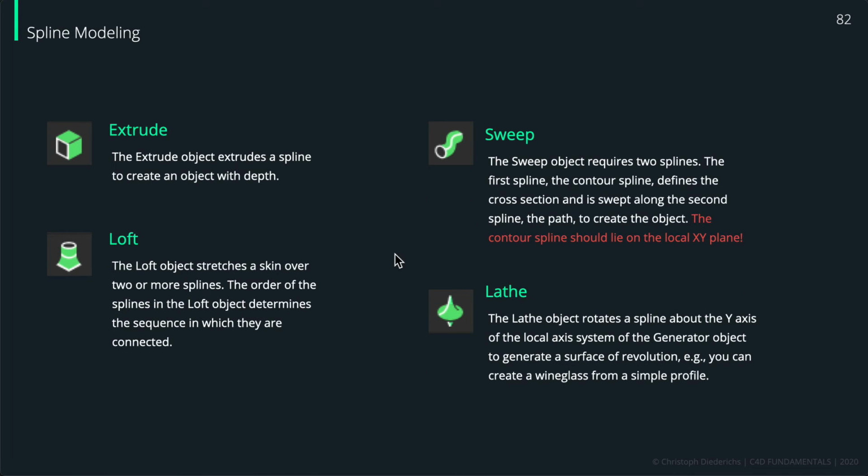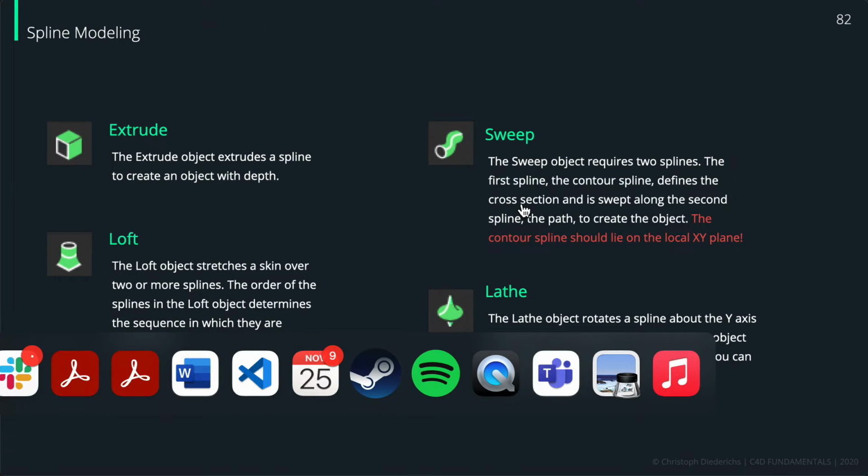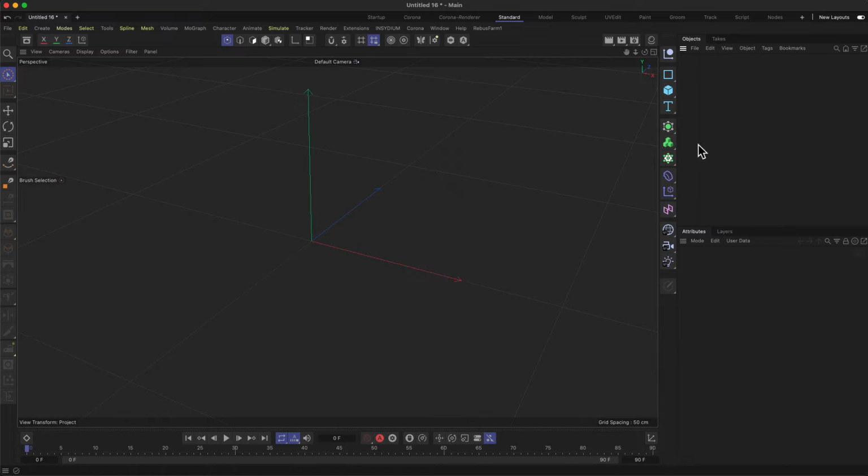And this is what they're doing. We will have a look now inside of Cinema 4D to give you a quick overview of what they're doing. And then we have a bit of a closer look into the methods of using splines and how to work with splines. So switching back to Cinema 4D here, as mentioned on the slides, this is where you find the